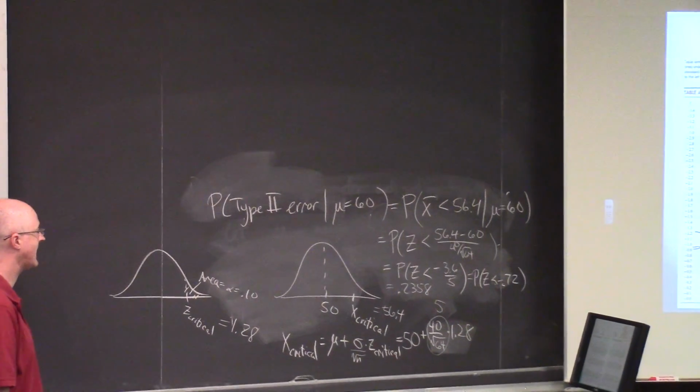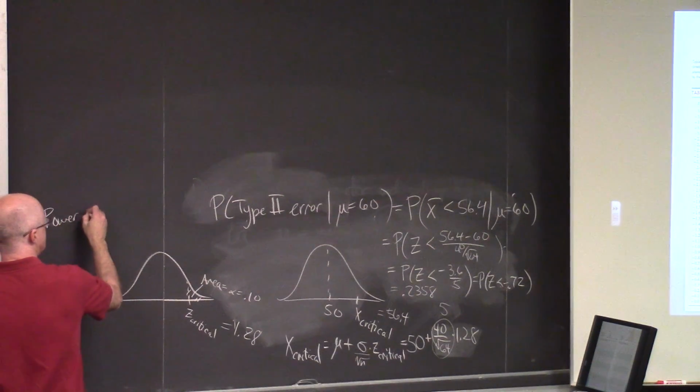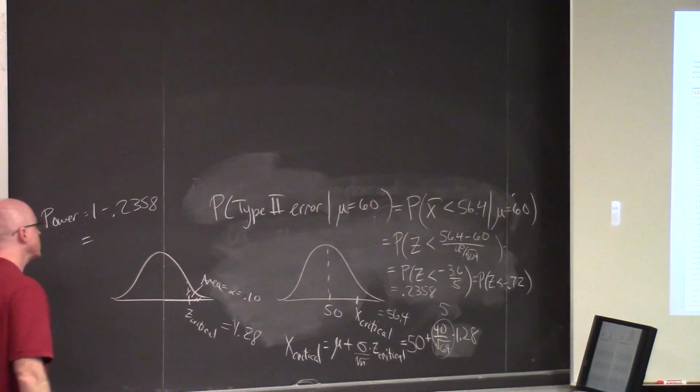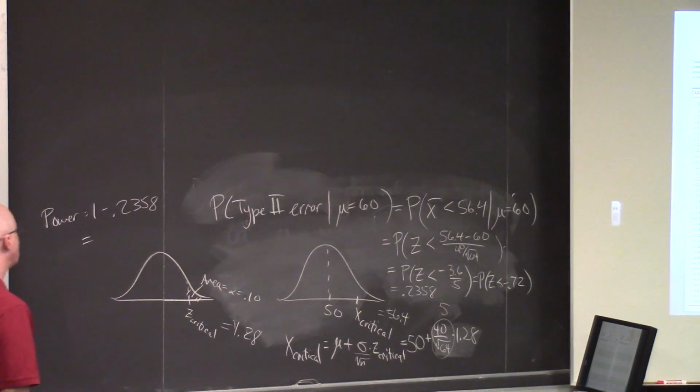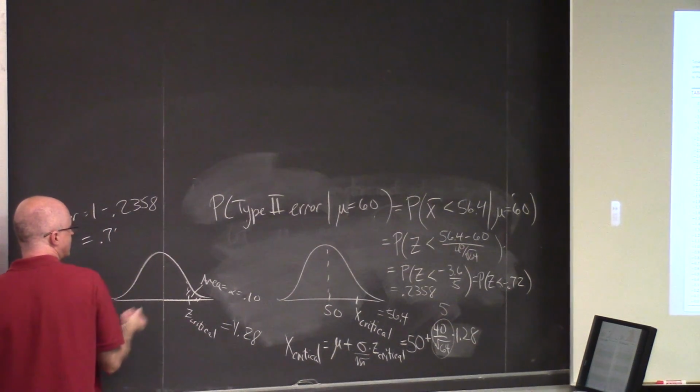The power of the test is 1 minus that number. Remember, the power is the probability of correctly rejecting the null when the alternative is true. It is the opposite event of failing